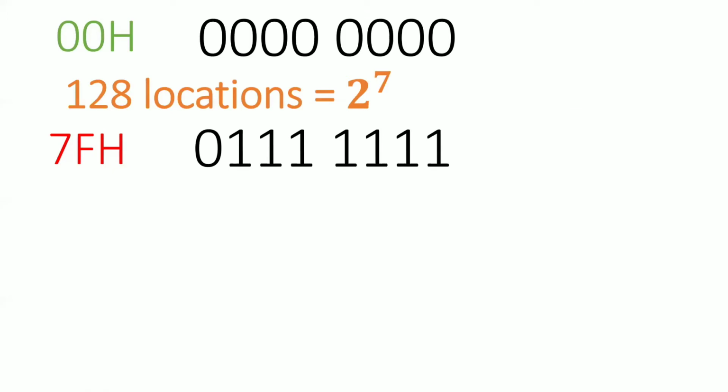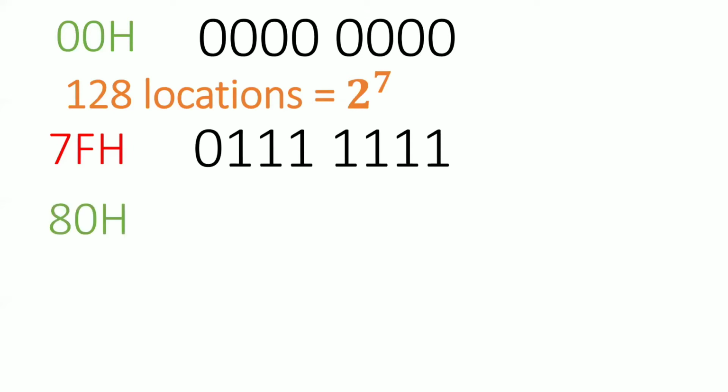But whenever there is any bit count such as 6-bit, 7-bit, 12-bit, 13-bit, we cannot operate on those bits. Why? Because we operate only in byte-oriented format. What does byte mean? 8 bits. So minimum we require 8 bits, and here we have only 7 bits. That's why we have added an additional 0 at the end of this 7F, and that additional 0 is nothing but another bit so we can use an 8-bit number. If you are using an 8-bit number, what is the maximum number of locations you will get? 2 power 8 means 256.